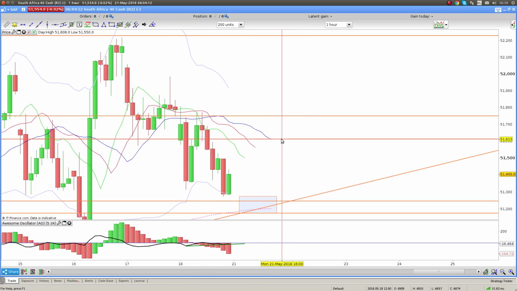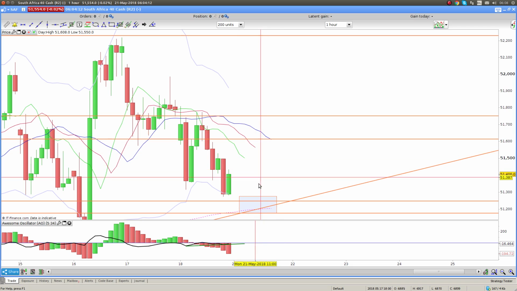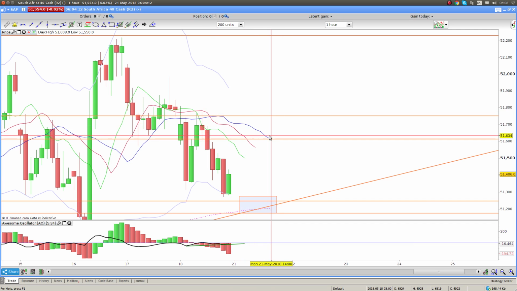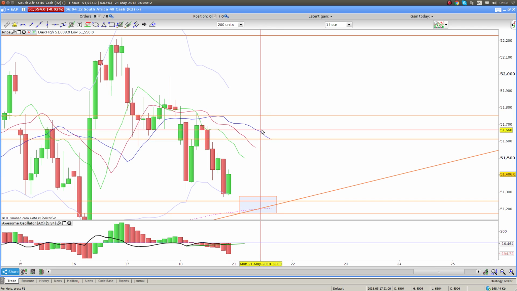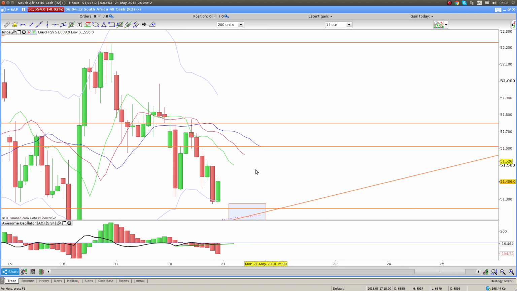So this is definitely going to be an area where there'll be some profit taking, and it'll also be pretty close to the blue line of the alligator, so the jaw line of the alligator. So that is normally an area where there's some profit taking. Okay, so guys, that's it for me, I think,